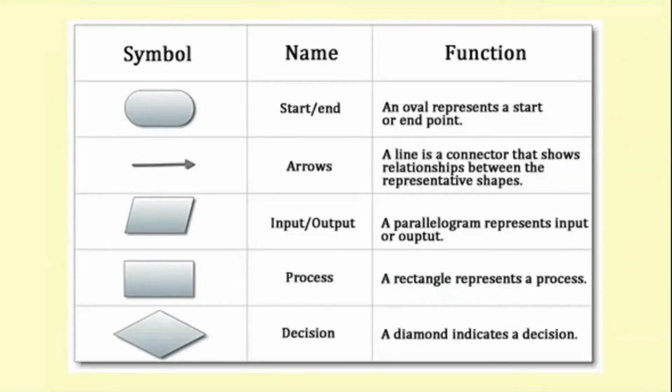These are another representation of the same thing: the symbol start and end, an oval represents a start or end point, and the line connector shows the relationship between the respective shapes. So this is all about the flowchart. Once we start programming, for many programs we may have to draw flowcharts also. For almost all the programs, we will have to draw the